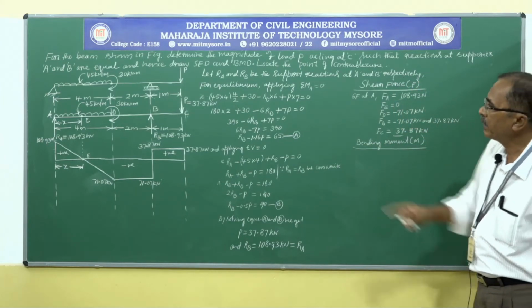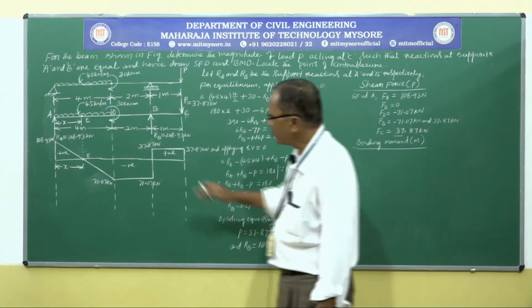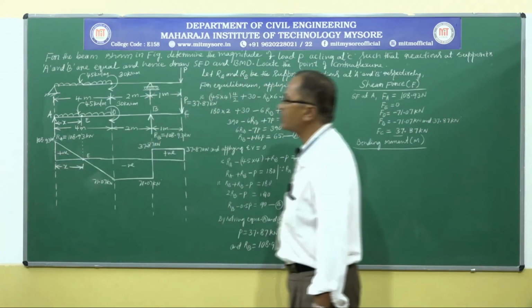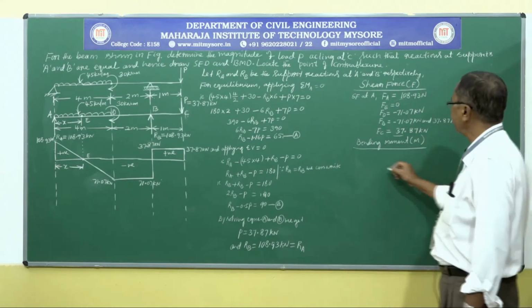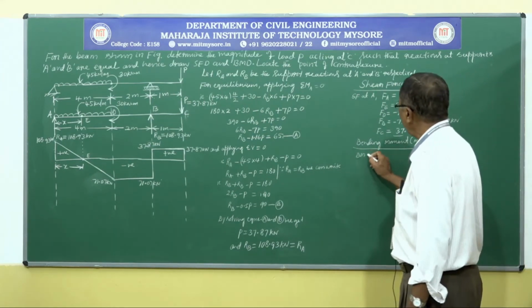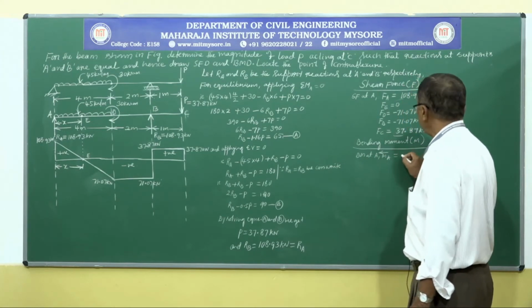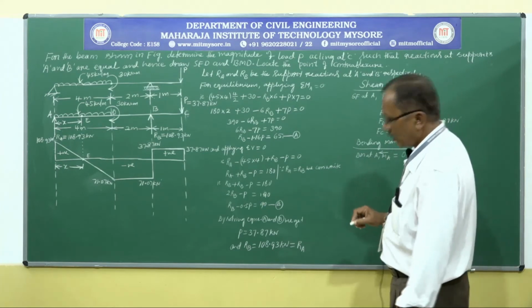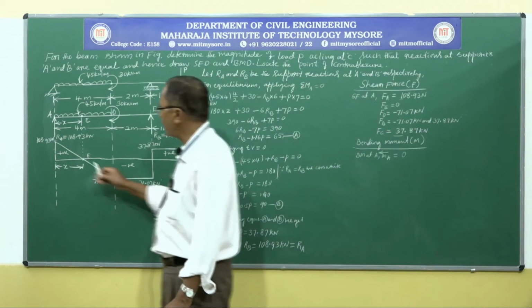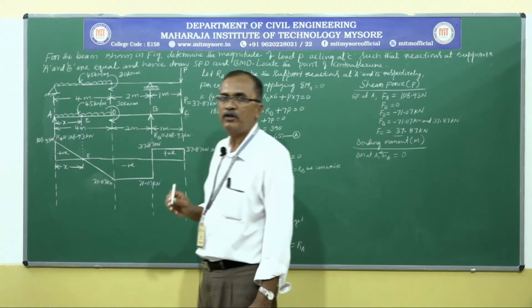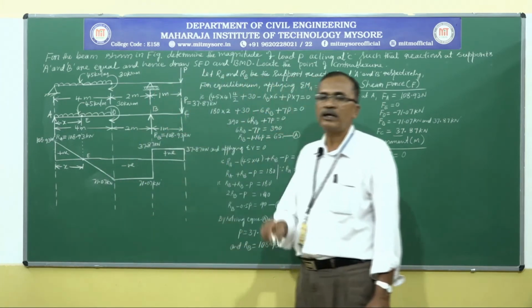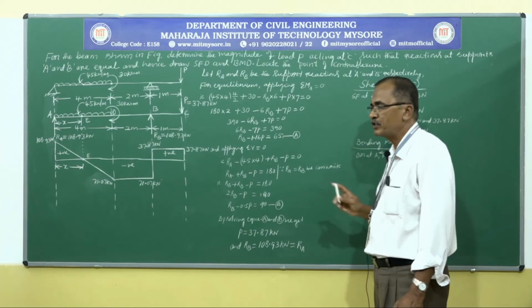Bending moment at point A, if you consider forces to the left-hand side, there are no forces, so no bending moment. Bending moment at A, MA, by considering the left-hand side, is 0. Wherever the shear force diagram changes its sign from positive to negative or negative to positive, at that point we need to calculate bending moments.